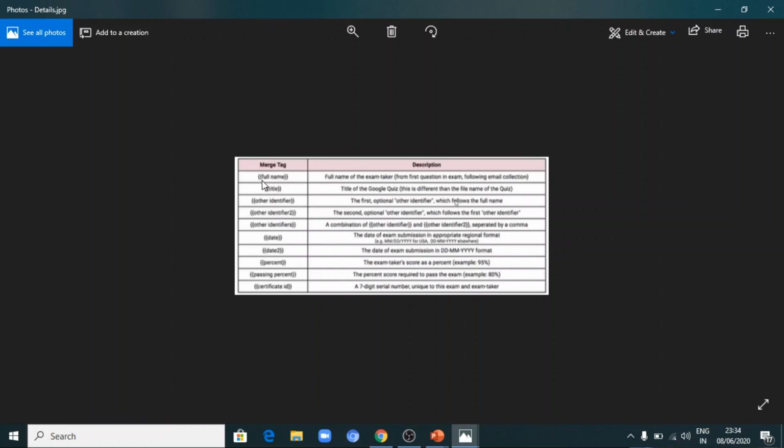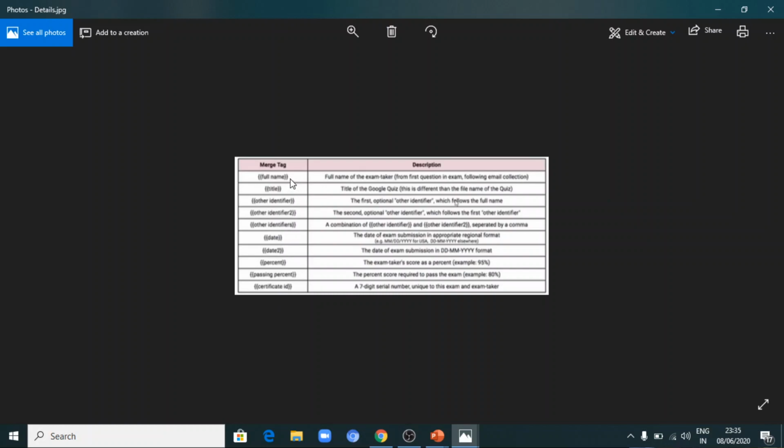The first thing is, you can see here two flower brackets, and inside that you can have your full name, then close it with two flower brackets. How many things can you make in a certificate? 1 2 3 4 5 6 7 8 9 10. So in total 10 variations or parameters you can change.